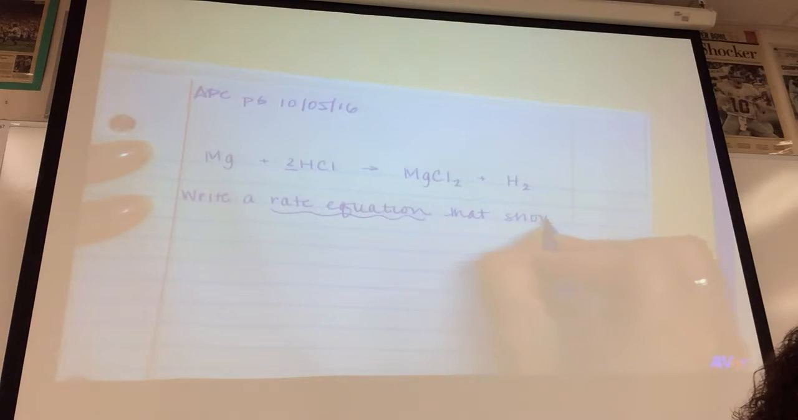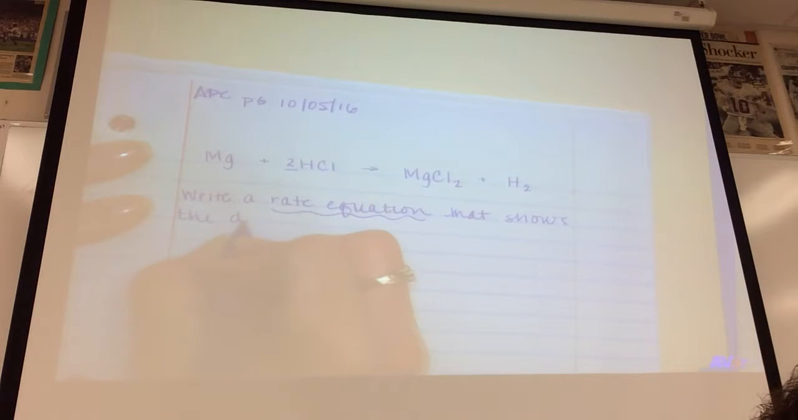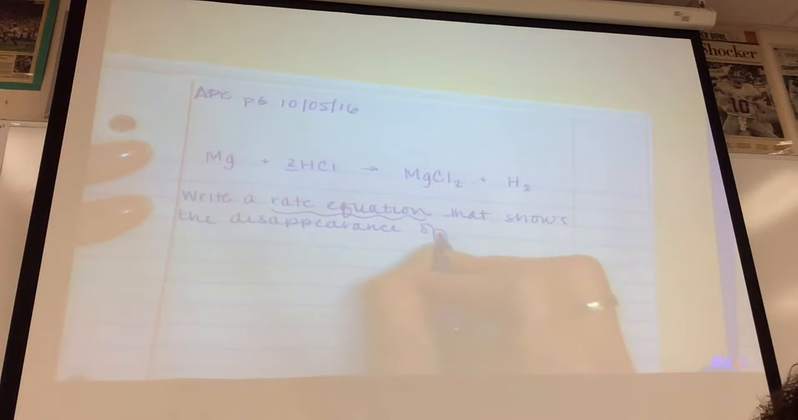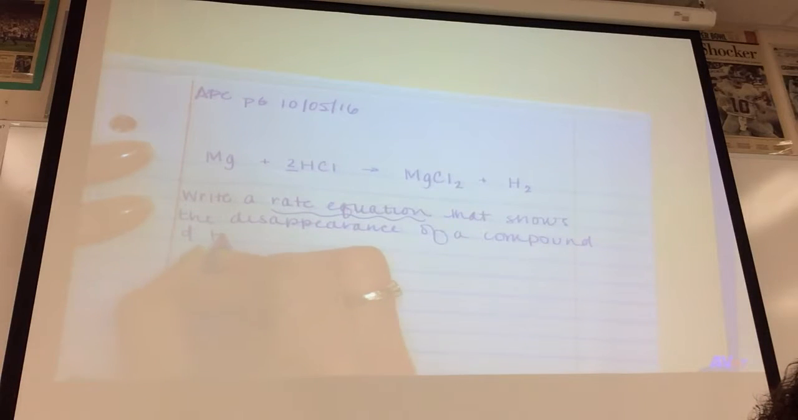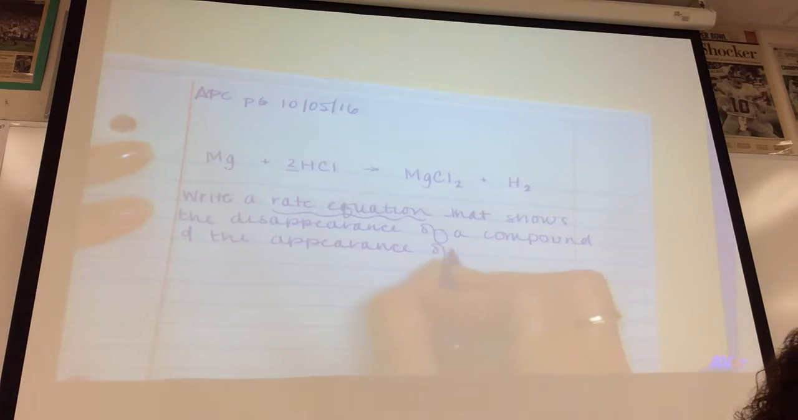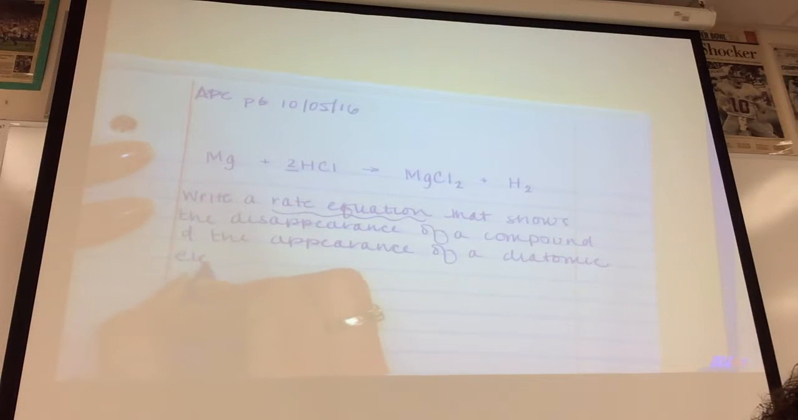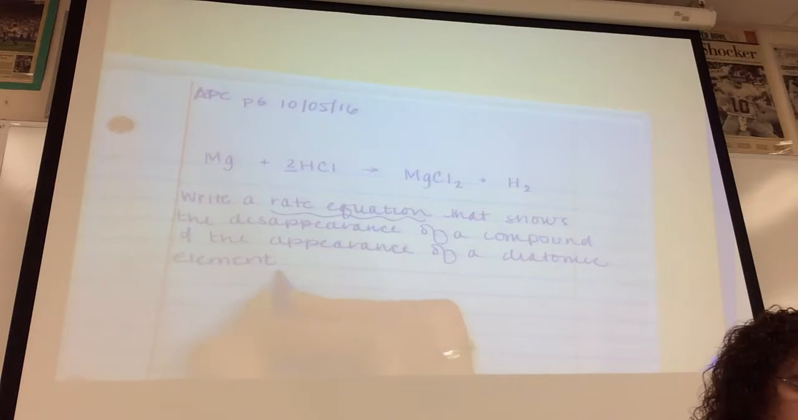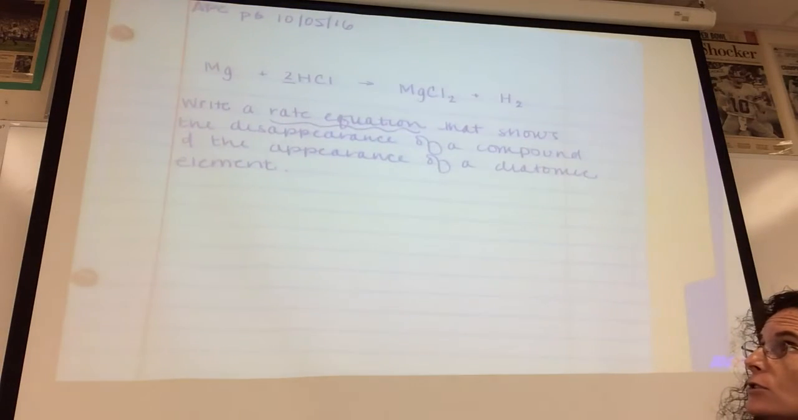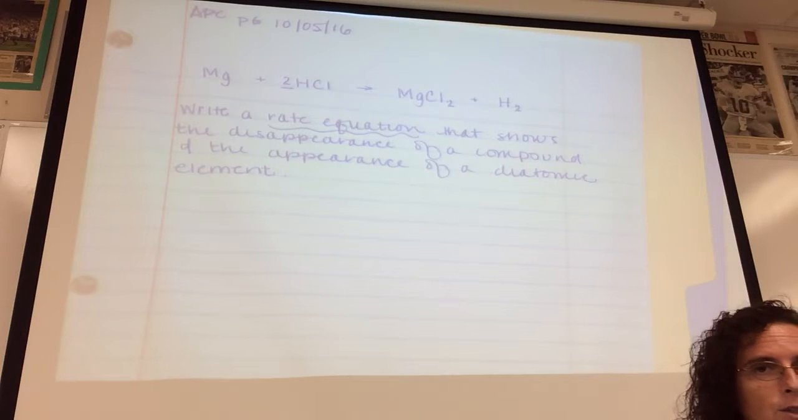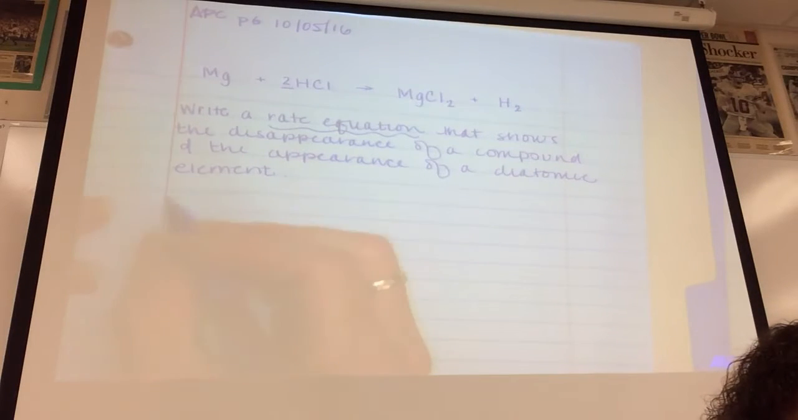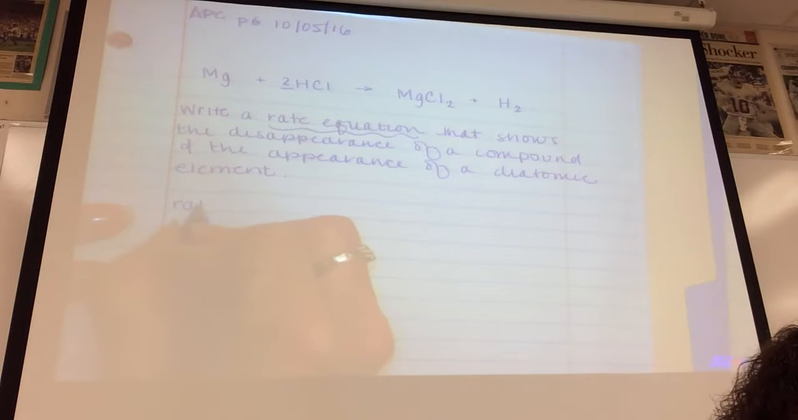that shows the disappearance of a compound and the appearance of a diatomic element, that is very straightforward if you know what a rate equation is. A rate equation will start with rate